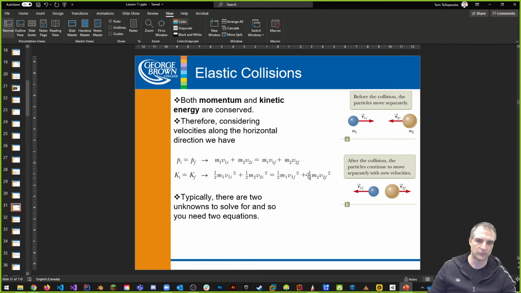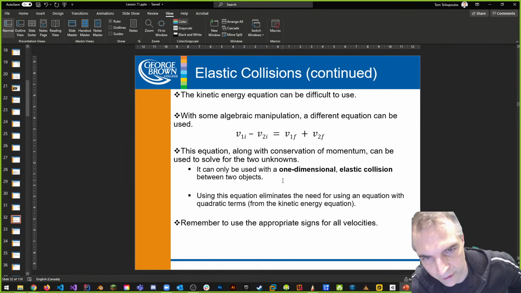Once we have these equations in play, as an example, we can start solving from one into the other because we're talking about the same velocities. M1 and M2, we know that kinetic energy final is equal to 1/2 of M1 V1 final squared plus 1/2 of M2 V2 final squared. Both of the masses and the velocities. That's the total kinetic energy of the system that is going to be conserved. Typically, there are two unknowns to solve, and so you need two equations. Two equations and two unknowns. We use a system of linear equations to figure this out.